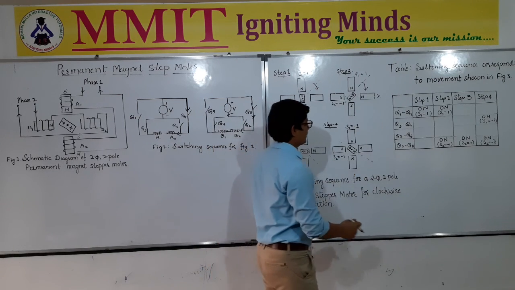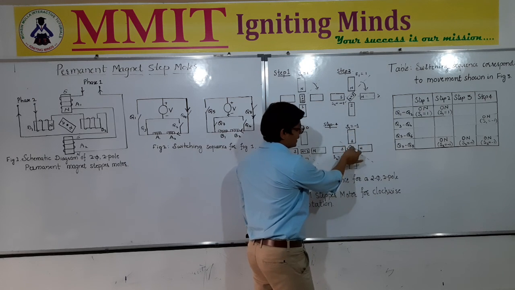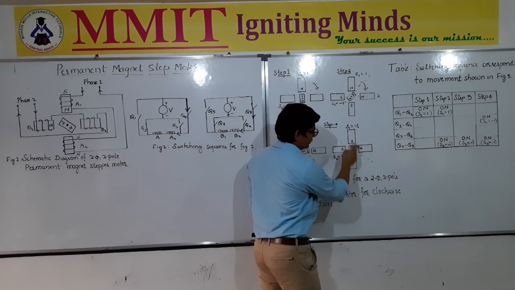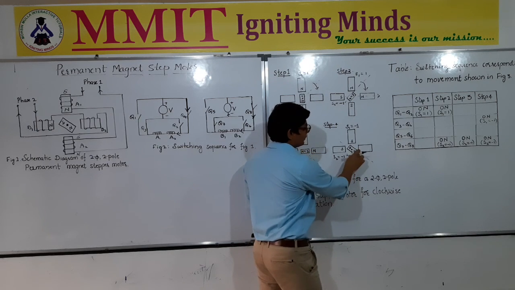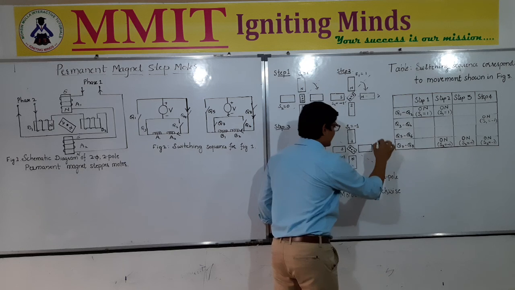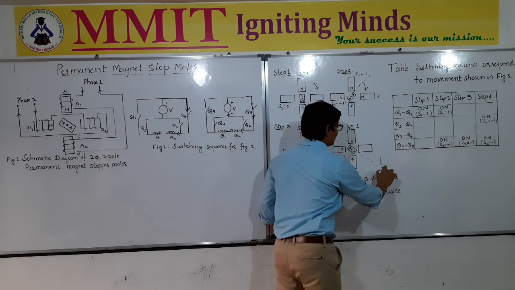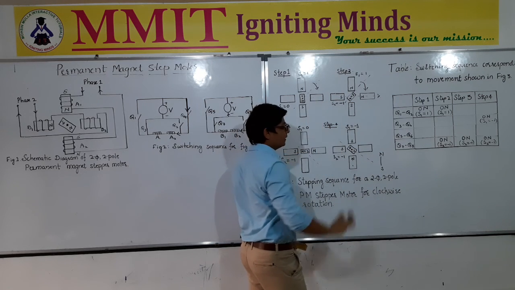So you can try to understand what we should do in case we want it to now align in this direction. Basically we have to turn off this north pole. Okay, so here I am just trying to explain. When this north pole is turned off, the south pole will get attracted towards this side. So therefore it is now going to be aligned in this vertical direction, which is exactly opposite to this, because this side is south and this side is north, and here it is upper side south and lower side north.